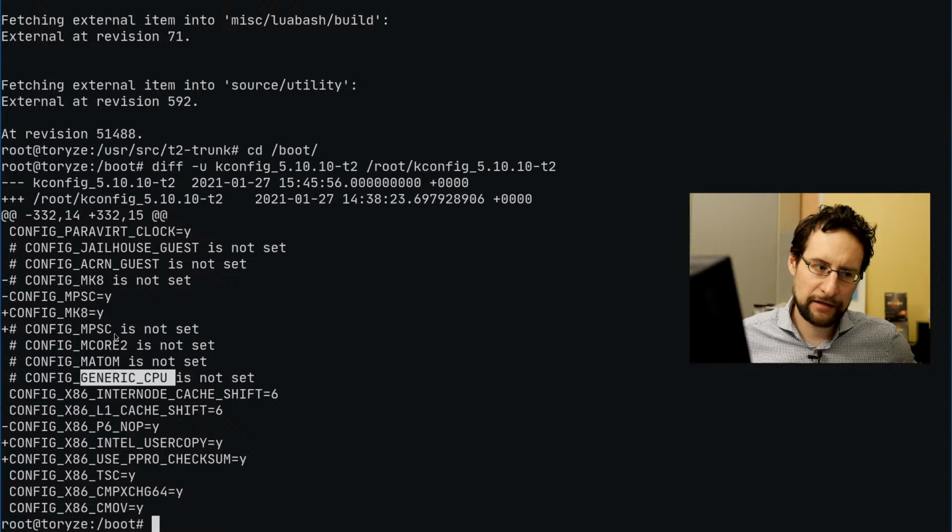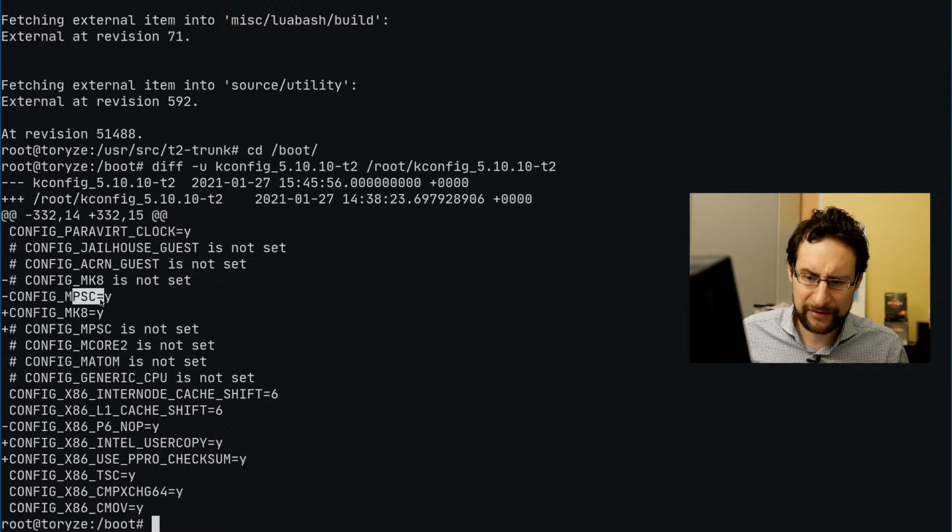And in my opinion, if you choose Nocona, you probably want this PSC option. If you choose Core 2 or higher, then you probably want Core 2. This is why we hardware this. And the only thing is, as you see from this diff, if you choose Nocona or MPSC, it also, I think ironically, the help text even is Nocona.